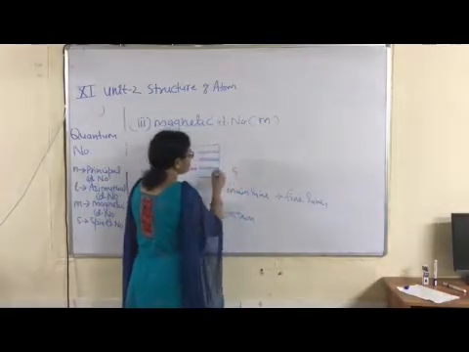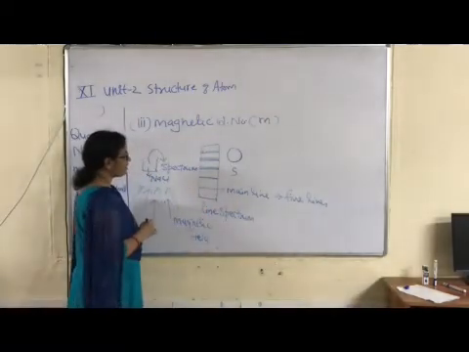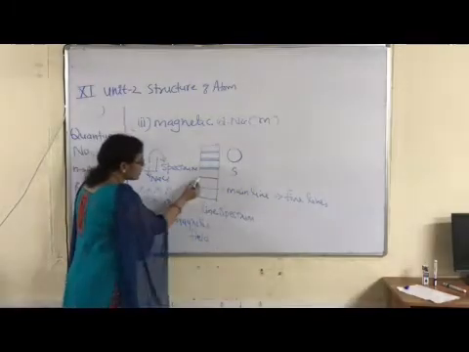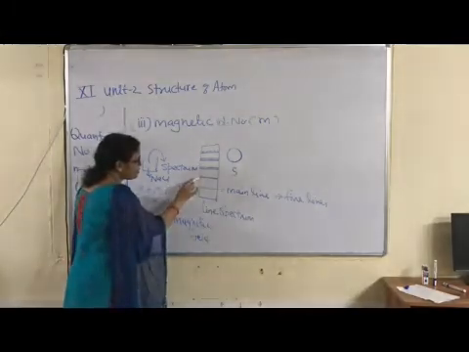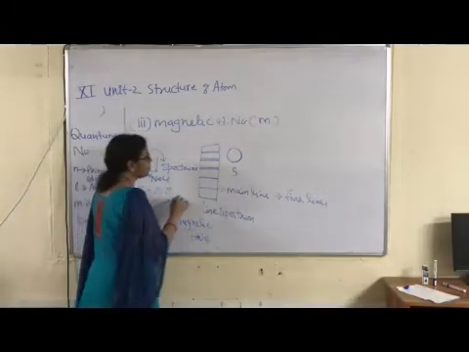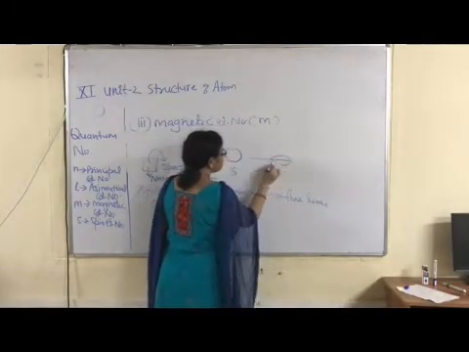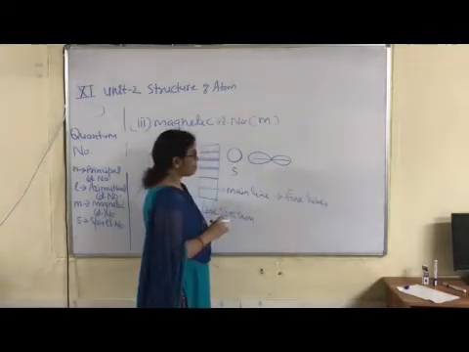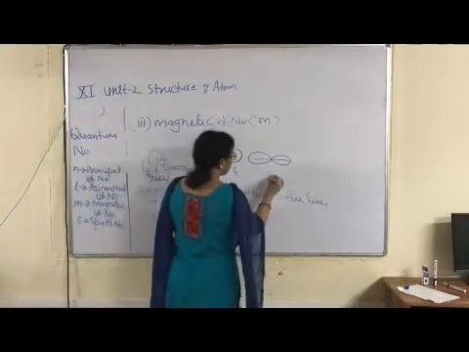In the case of the S subshell, only one orbital is present. What is its shape? Spherical. There is no splitting of the main line because only one orbital is present. In the second line, splitting of the main line into one fine line denotes S and P. Okay, children. And what is the direction of the P orbital? The P subshell is divided into 3 orbitals, which are known as Px.